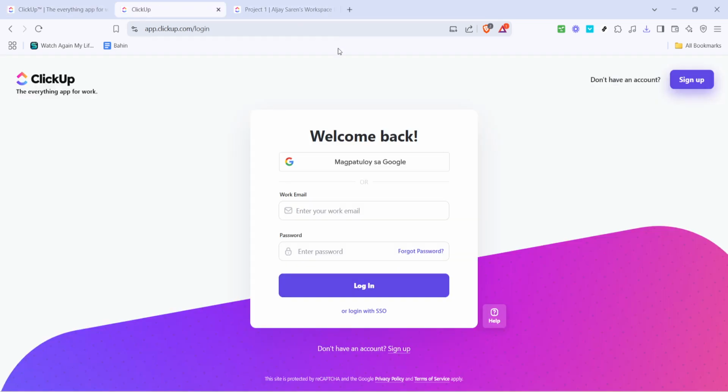Now, when the login page appears, you have the option to sign in using Google. If you've linked your ClickUp account with your Google account, this will make things much simpler. Just click on Sign In with Google, and you'll be redirected to choose your Google account from the list of your associated accounts. Simply select the relevant account, and with your credentials already stored, this should promptly log you into